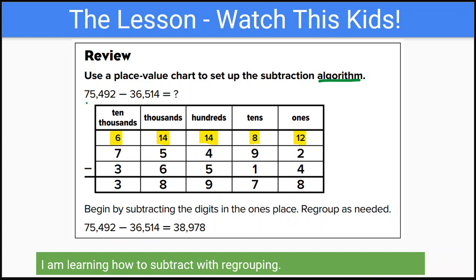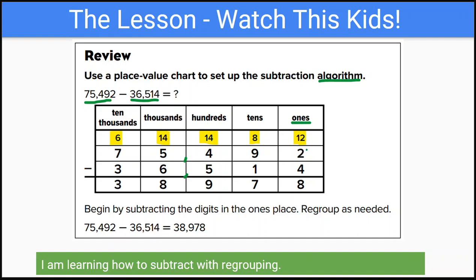Well, it says this. It says 75,492 take away 36,514. All right, so they got it all put in the place value chart, but right away there's a problem, and let's talk about that. It starts off with, here's the 75, and they should have put a comma right here, 75,492. This is 36,512. Okay, well, the very first thing is they go over to the ones digit right here, the ones place,